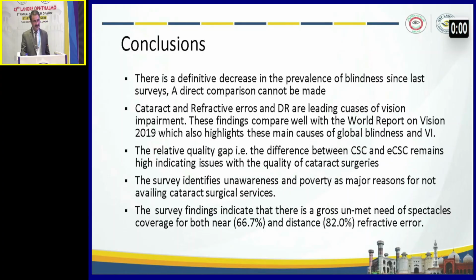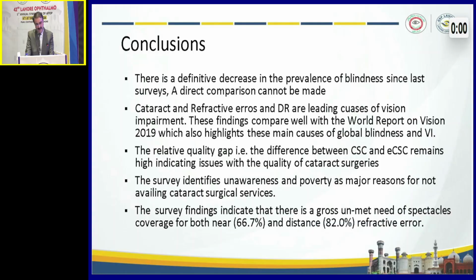So the conclusion: there is a definitive decrease in the prevalence of blindness, like you have mentioned in your report, Mr. Chair, way back in 1980, when it was 1.78%. Then the second survey, which we conducted way back in 2002 and 2004, reflects that the prevalence of blindness came down from 1.78% to 0.9%. If we do some extrapolation with this data, because this data also has some limitation, this reflects that it has now come down to almost 0.45%. So cataract, refractive errors and diabetic retinopathy are the leading causes of